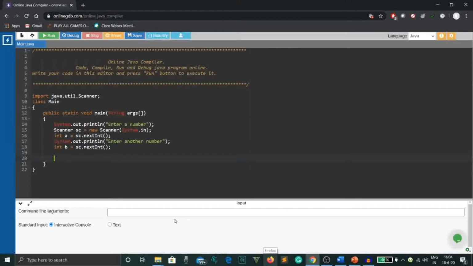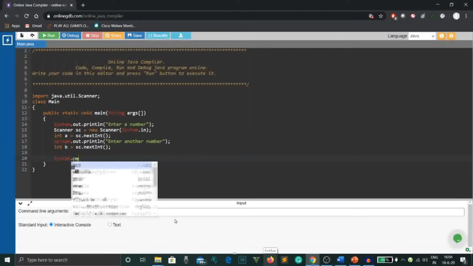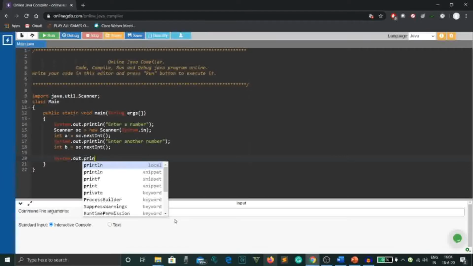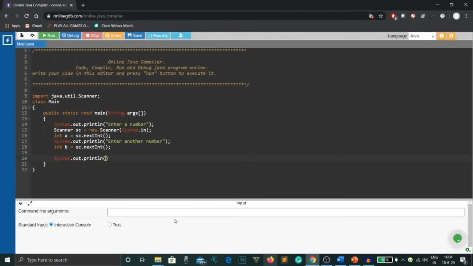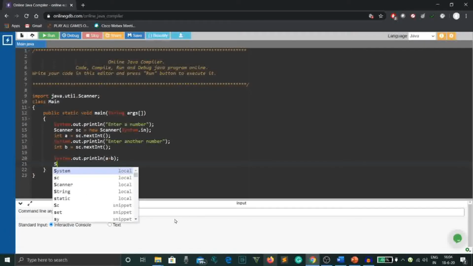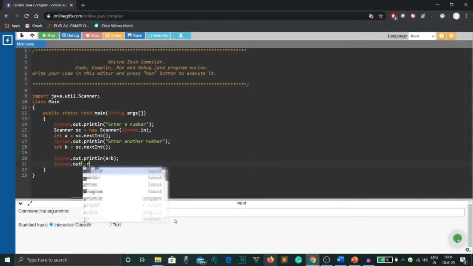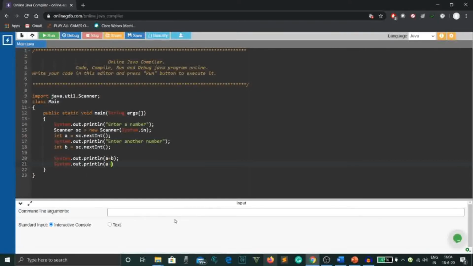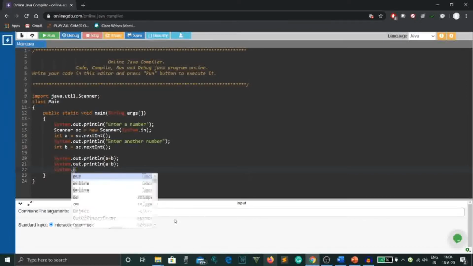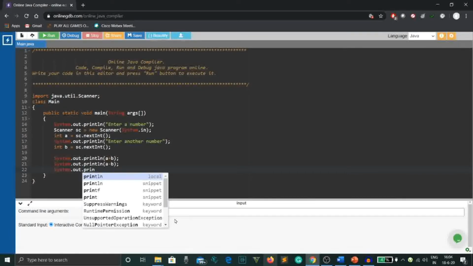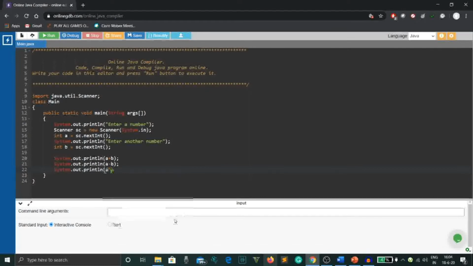Now we need to print all the four basic operations. So first we'll print the plus operation, a plus b, right. Then we'll print the difference of the two numbers, a minus b. Then we'll print the product of the two numbers, a asterisk b.